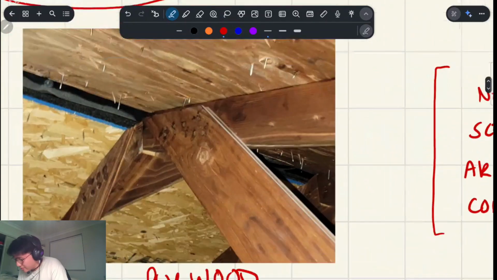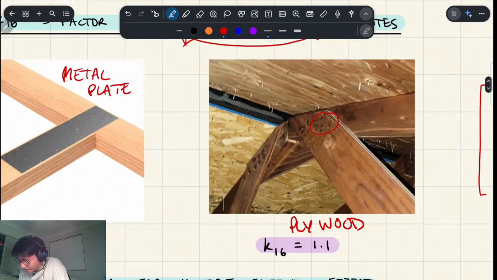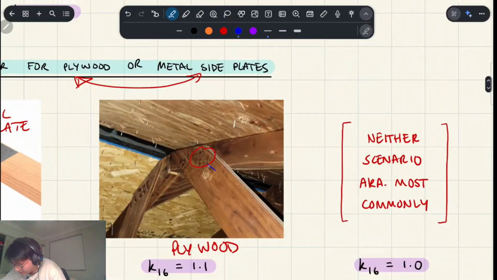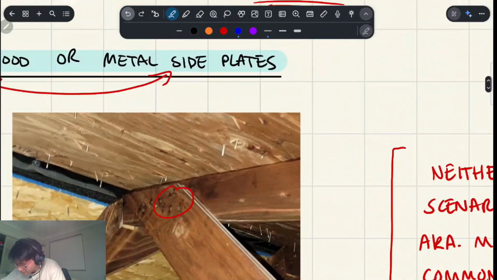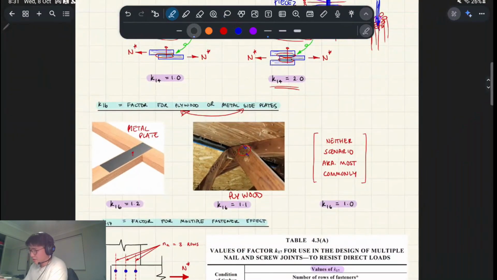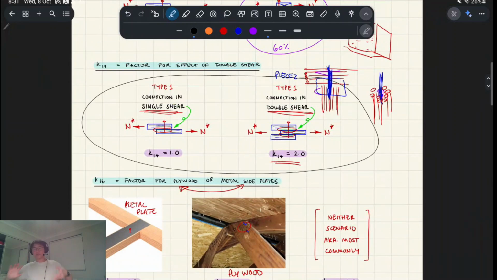It's a bit misleading, sorry. I guess your nail's going through plywood, or if your nail's going through one of these metal plates, you have increased shear capacity, right? If you imagine there's multiple layers that nail is shearing through. I'm not really drawing this terribly well, but hopefully you know what I'm saying. It's a similar concept to the double shear thing, kind of having multiple shear layers. But anyway,